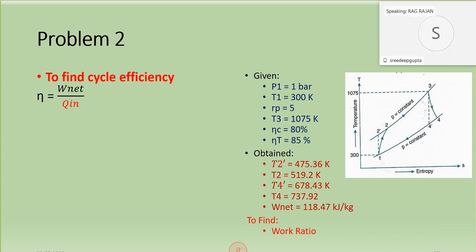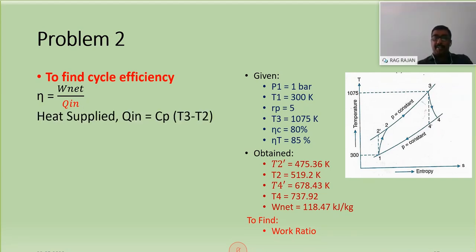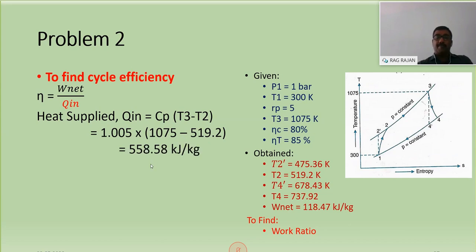So next we have to find out the cycle efficiency. Only some simple equations are there. That is W net by Q in. Heat supplied we know, that is Cp into (T3 minus T2). When it is heat supplied, you cannot take T2 dash because it is an ideal point. You have to take T3 minus T2. T3 is known to you, T2 is known to you. So you will finally get